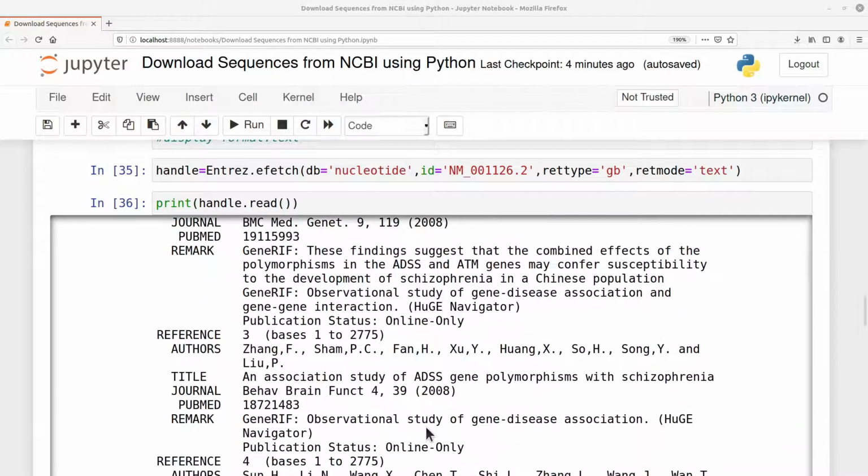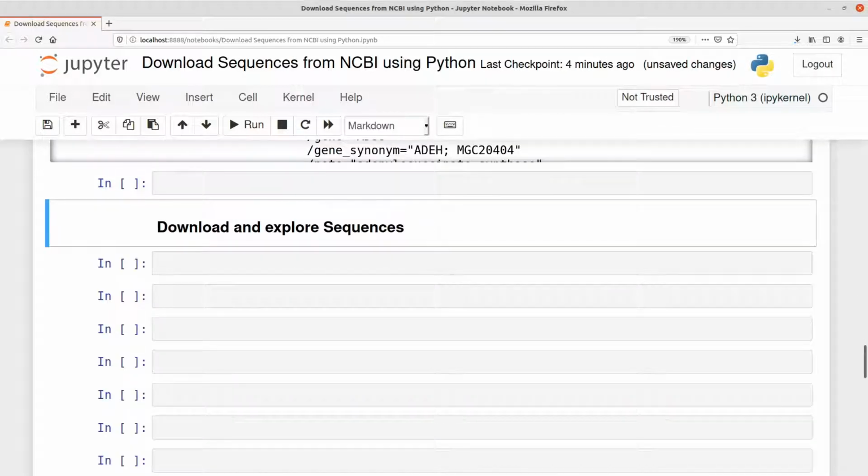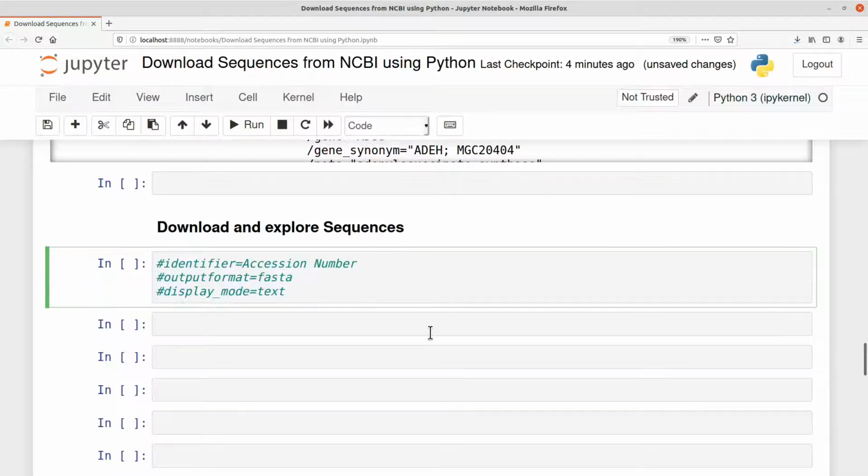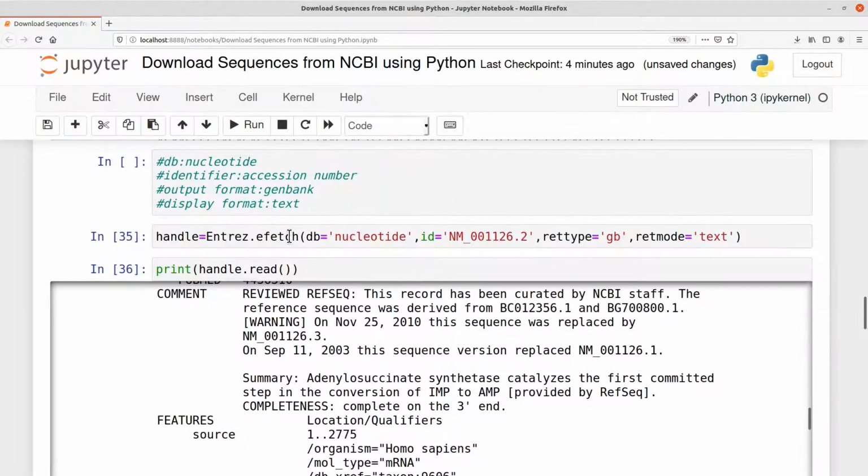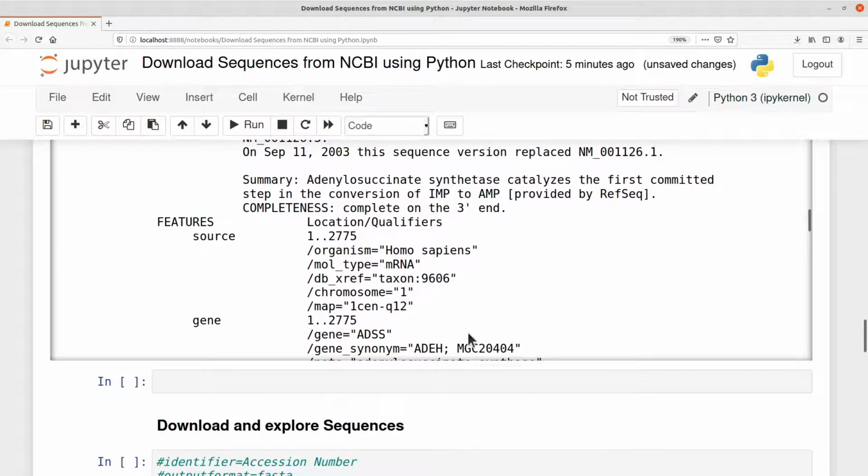So what we are going to do next is to download and explore the sequences. So this one, we are going to also include a SeqIO module. So let's try with this first example here, where the identifier is the accession number, the output format will be FASTA, and display mode will be text. So we are going to use the same accession number we had here, this one here,